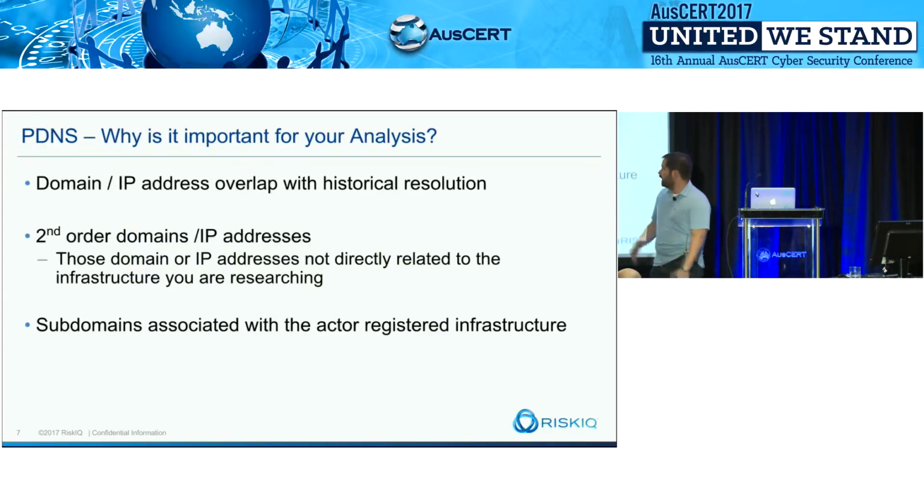Domain overlap. Actors tend to use similar infrastructure when they're conducting their attack campaigns. Therefore, if we're looking at one piece of infrastructure, we can start with a domain or an IP and say, show me the entire historical record of this domain or IP. From there, we may identify additional domains owned by that actor group or a part of that attack campaign. Now we have more context where we can block those domains. From there, we can go to second-order domains and IP addresses. So it's kind of a neighborhood approach.